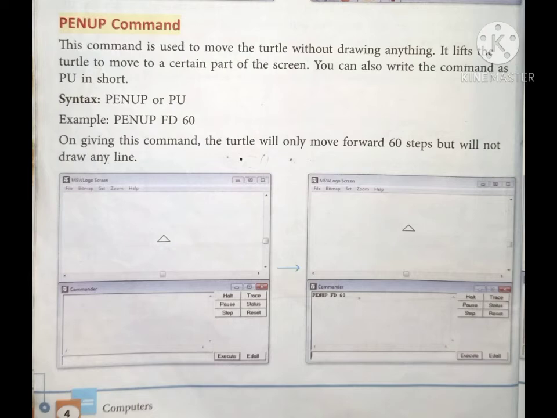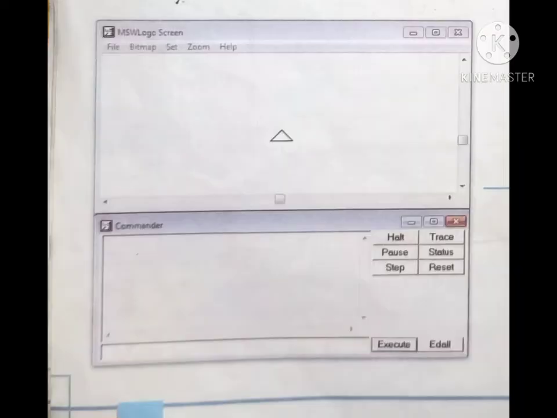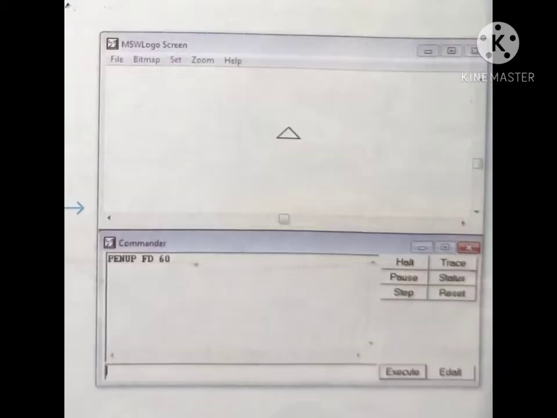Like in this figure, this is before applying the pen up command, and this one is after applying the pen up command. You can see the turtle is moving, but it is not drawing anything. So this command is used only to move the turtle.